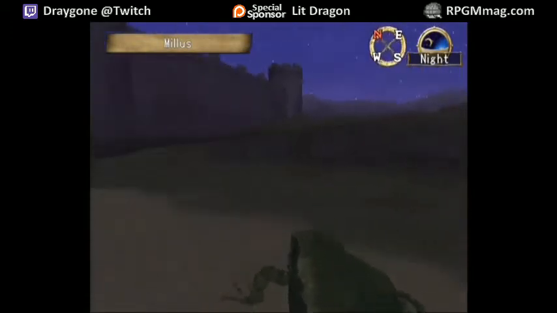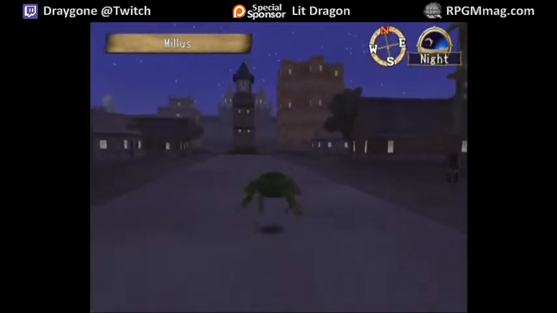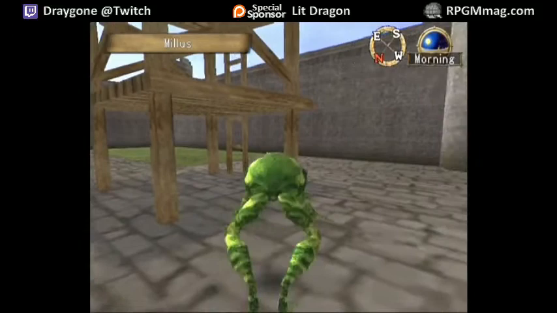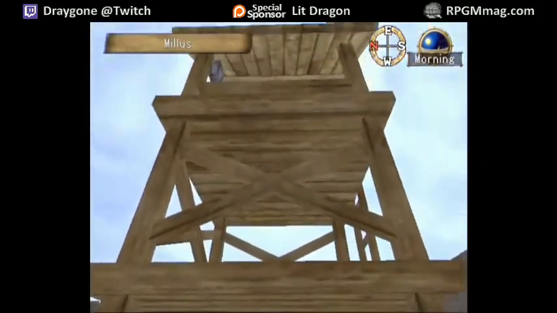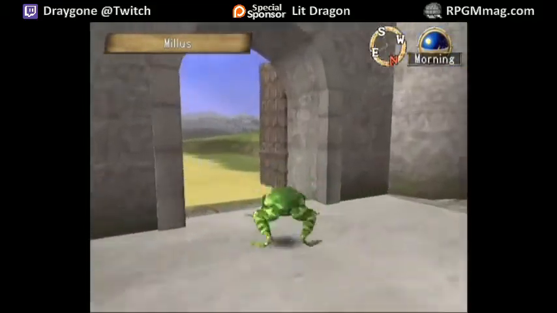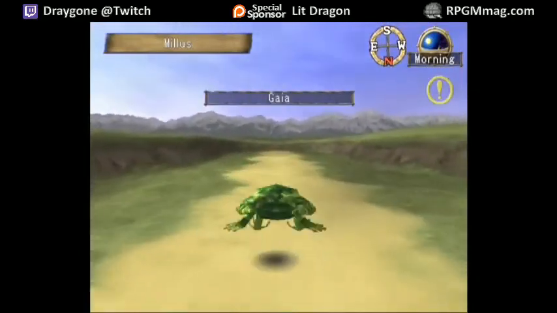Okay, before we go any further, I kind of want to go to the inn and make it daytime. You know, if I wanted to, I could get myself under this using this glitch, but it wouldn't be very interesting. Instead, we're gonna do a little bit of light traveling here. We're going to go ahead and...